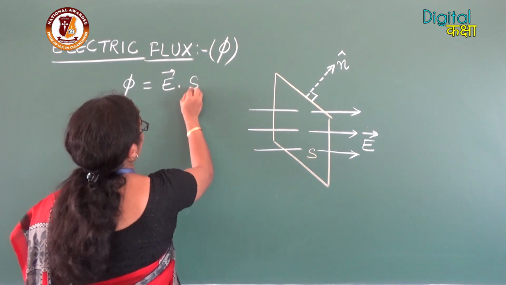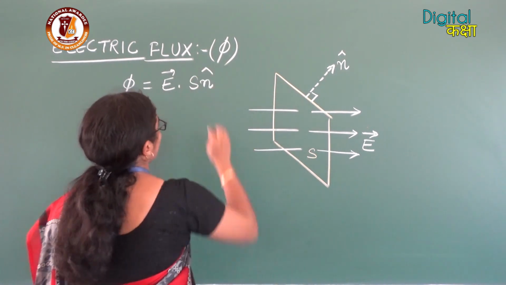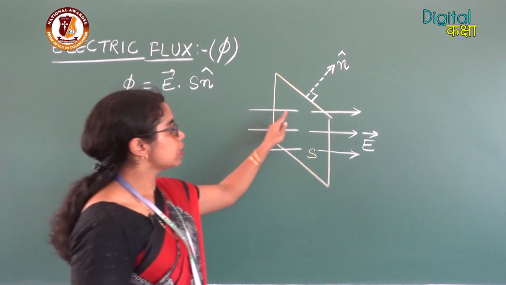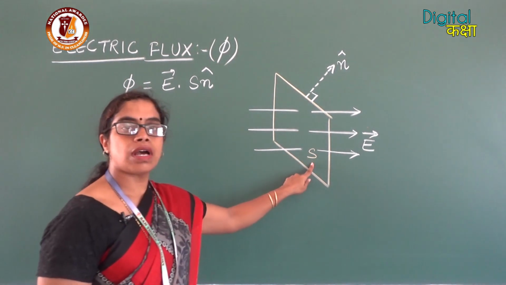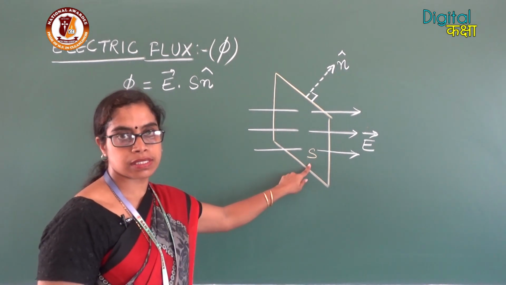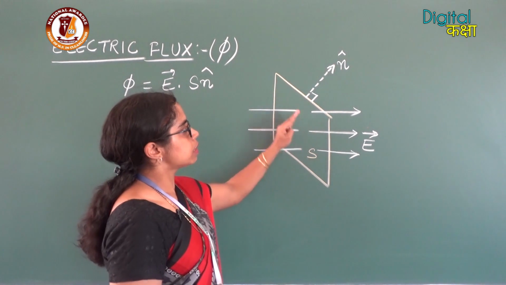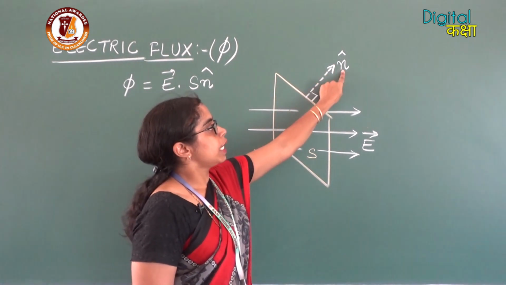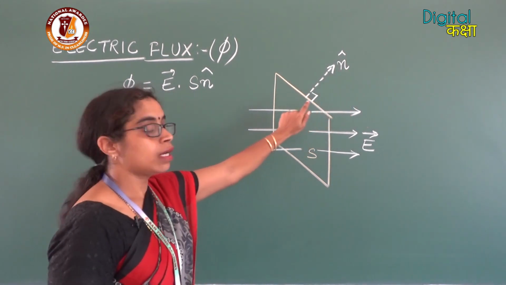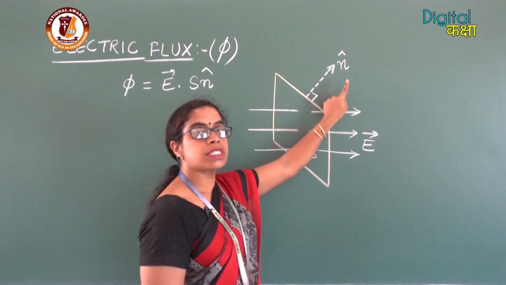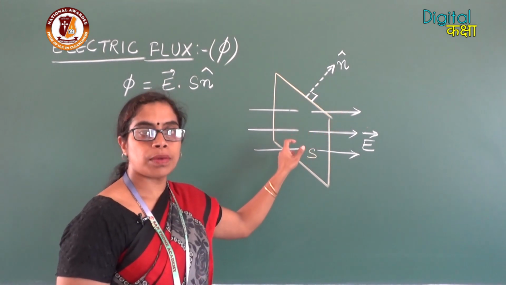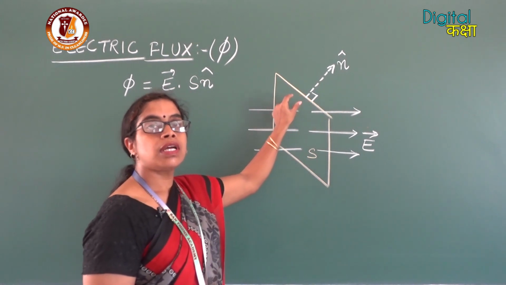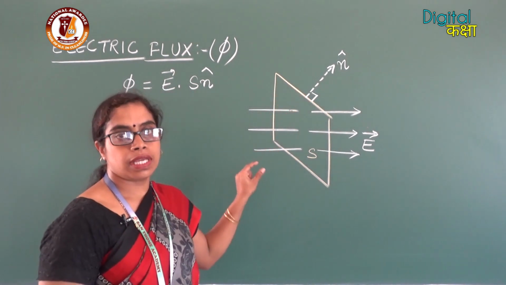the area vector. Now, what is the meaning of the term area vector? This is a given area or surface area which is denoted by the letter S. On this letter S, I have drawn a unit vector. Now, why is it represented as n cap? Here, this n is the letter representing the word normal, and this is the normal unit vector drawn on this given area.